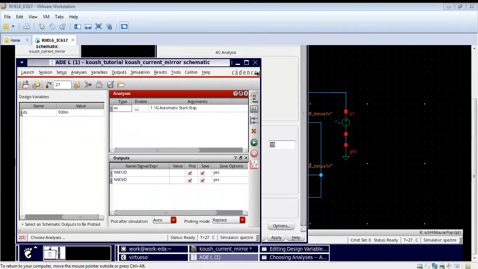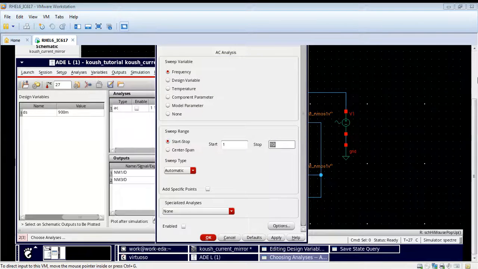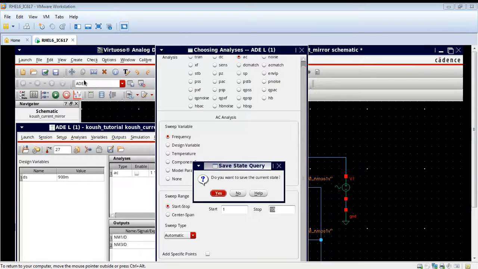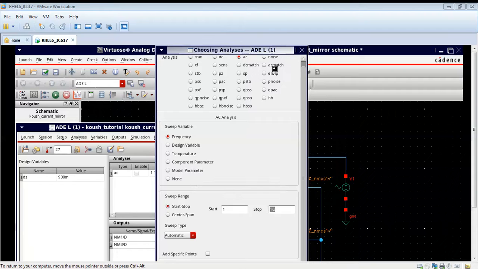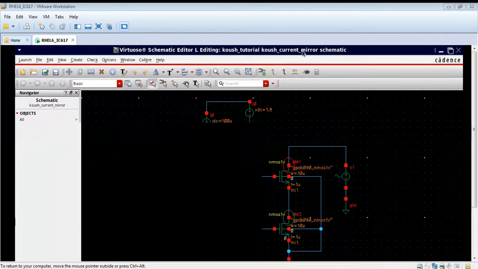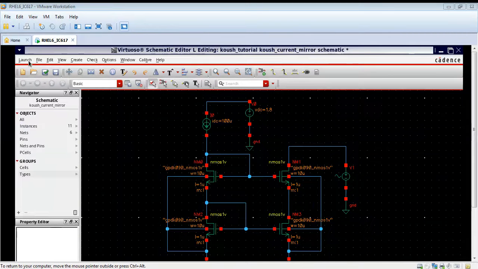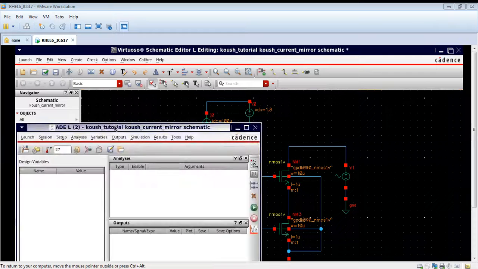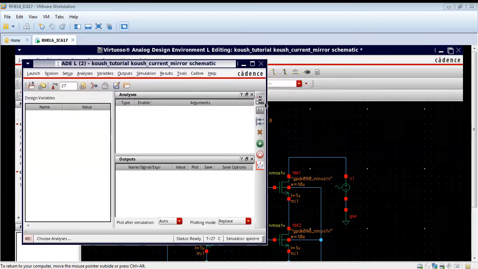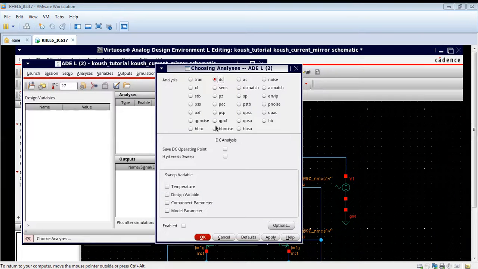So now we will do the DC analysis. Let me close the AC analysis first. The NMOS which is below will saturate at a lower voltage, and the NMOS which is above will saturate at a higher voltage. So if the upper NMOS is in saturation, then the below NMOS will also be in saturation. That only we will prove.